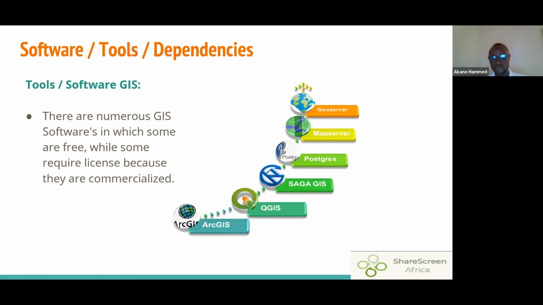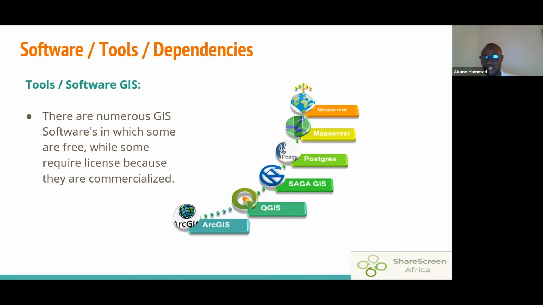However, we have QGIS that is there for us to use. It's basically free, although at times we need to install some packages. You just connect to your internet and download the different packages that you need to integrate. So you can integrate GPS, you can integrate remote sensing packages, and different packages for different analytics or approaches that you want to use. Some are free, some are already installed on it. But the next thing that we have is